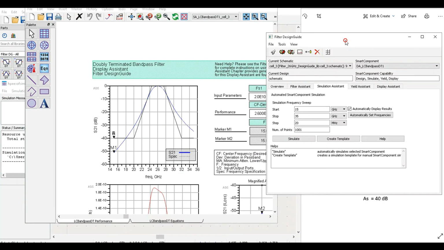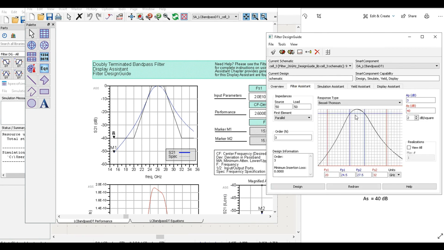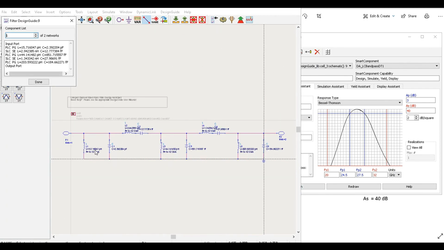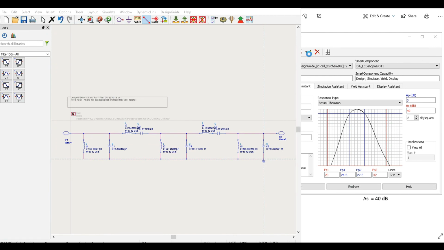So we can still go back, and you can do it as many times as you want. You go back to filter assistant and change whatever you want. You can say, okay, let's go to order 4. When you change to order 4 or order 5, the number of elements, you see that every time you make changes, it moves. So if you redesign this, you see that the number of elements here now increases. You have 5 for the low pass and 5 for the high pass. So if you go now to simulate this, and click done, and you go and simulate this,